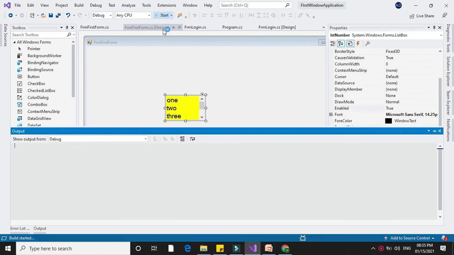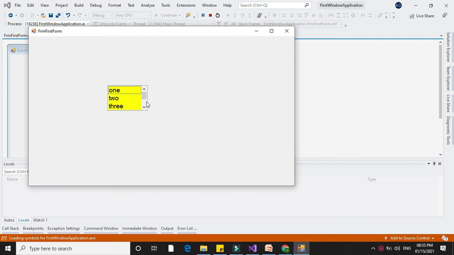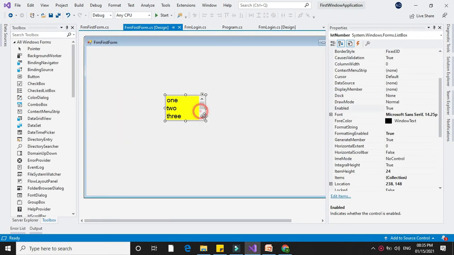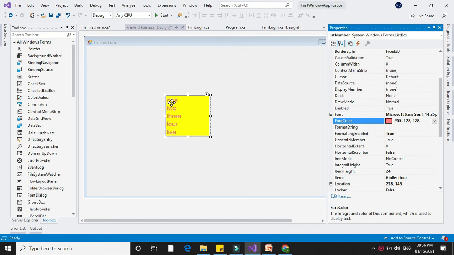So when you run, you can scroll down using the scroll bar. And if the height is higher, the scroll bar is not visible. Next property is ForeColor. The ForeColor property is used to change the font color of the list box.